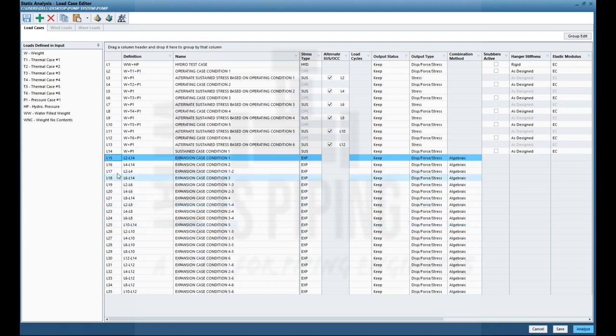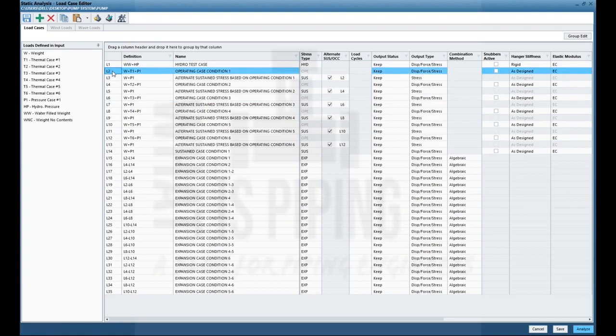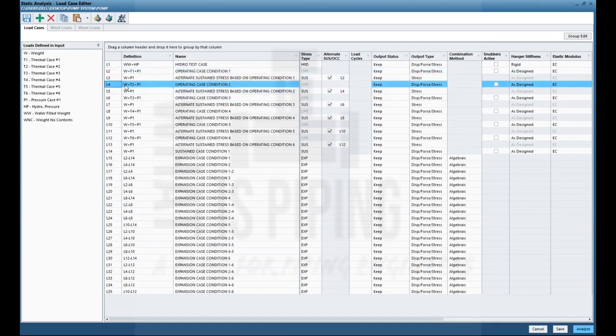But all these load cases may not be required for analysis, because if we consider only the maximum and minimum temperature stress range, means here T1 we have defined as maximum design temperature, and T2, T3 we defined as minimum design temperature. So T2 means load case L2 minus L6 if we define, then from L2 minus L4 or other load cases, by default the stress values will be lower than that. So a few load cases we can delete, otherwise we can accept all also, means the number of load cases will only be increasing.